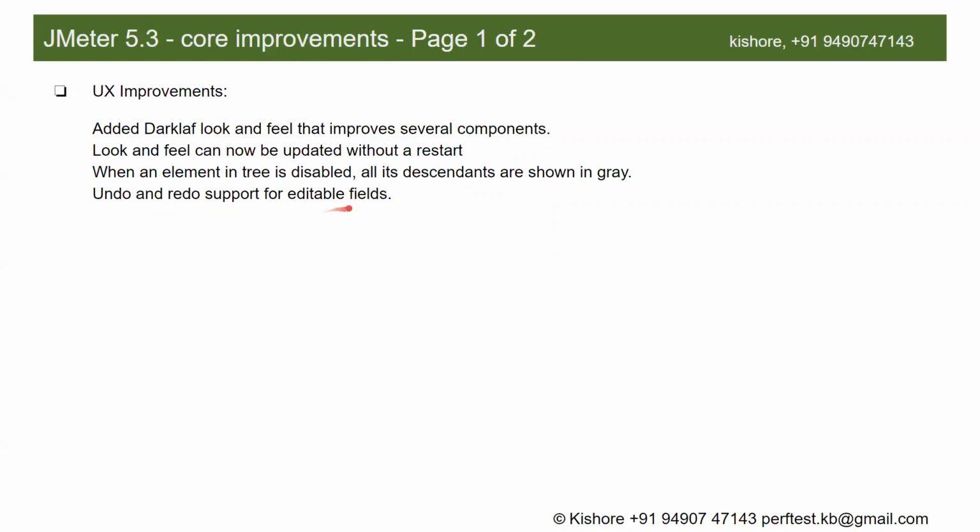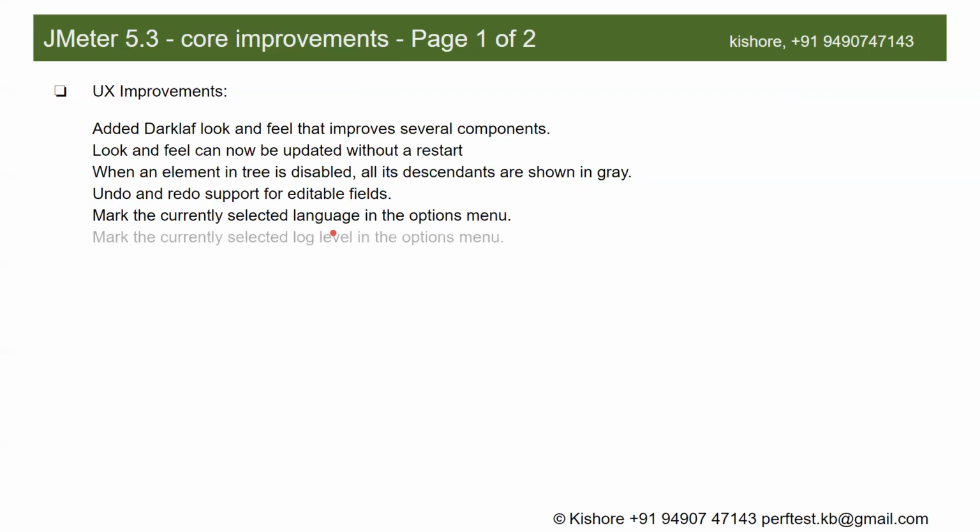And undo and redo support for editable fields. This is another important, useful feature, which was not available by default till now. Previously, if you wanted to enable undo and redo, we had to add a property to the JMeter user.properties file. But with JMeter 5.3, this undo and redo support was added by default. And we can mark the currently selected language in the options menu,